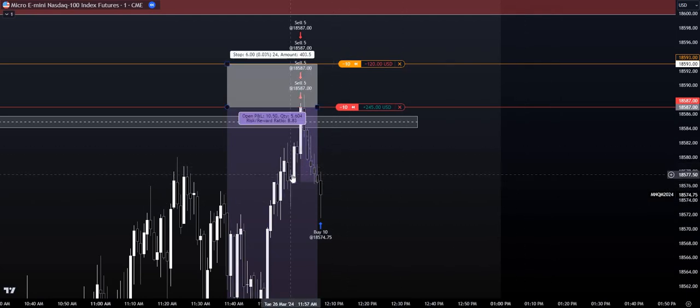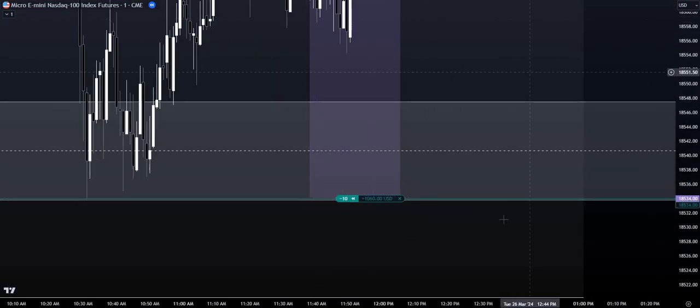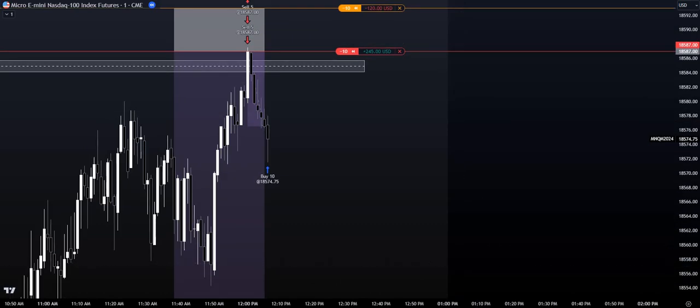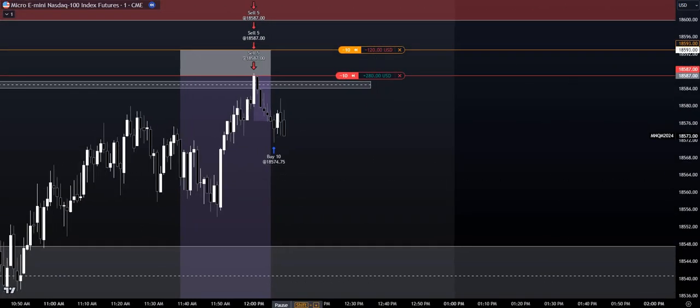Now, we hit our 1-to-2 risk reward ratio, right? Now we're going to be waiting for price to get to sell side liquidity. We're going to let it run. Once we displace past this recent low here, we're going to make our stops break even. All right? So let's let this play out here.